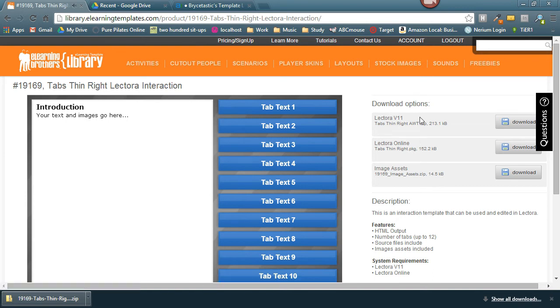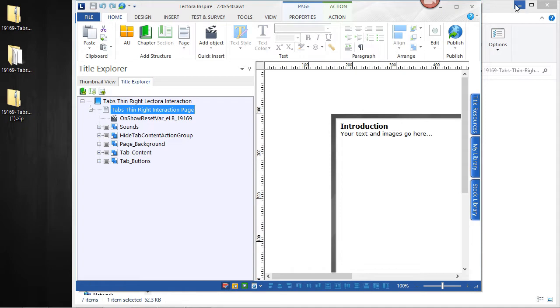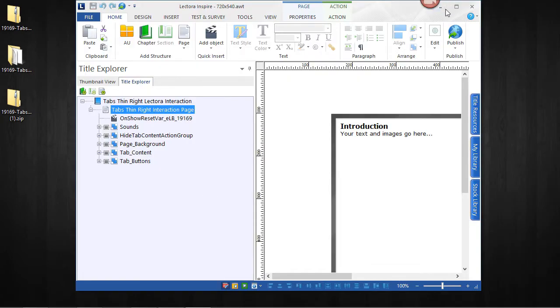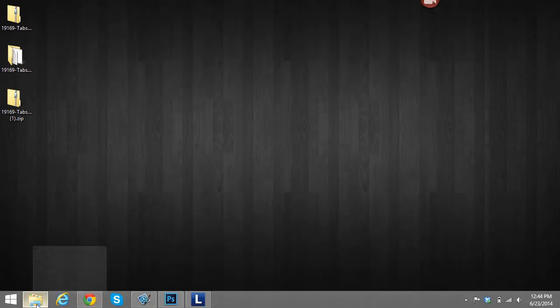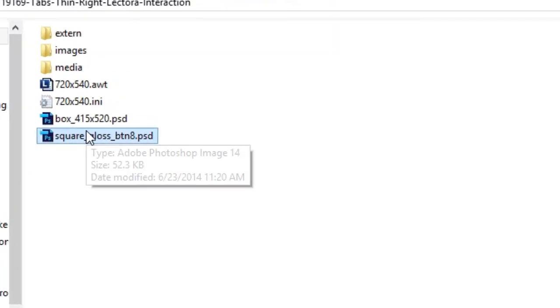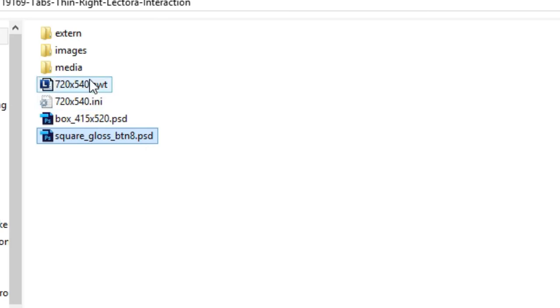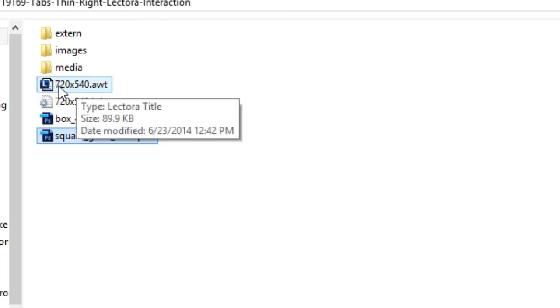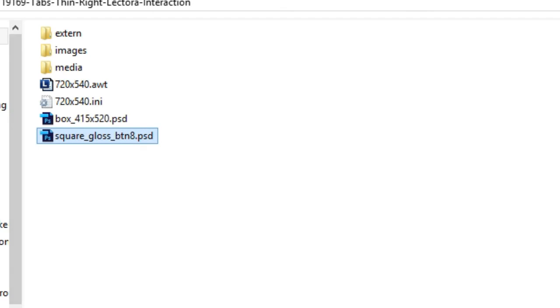So first off, you need to have these two files here, the version 11, unless you're using the online. But for my instances here, we're going to use the version 11 and the image assets downloaded. Once you have those downloaded, I put them in a folder here. So let me just minimize this stuff here. And so this is what I got out of that download. These two Photoshop files and then the actual interaction inside Lectora. So as you open it up,